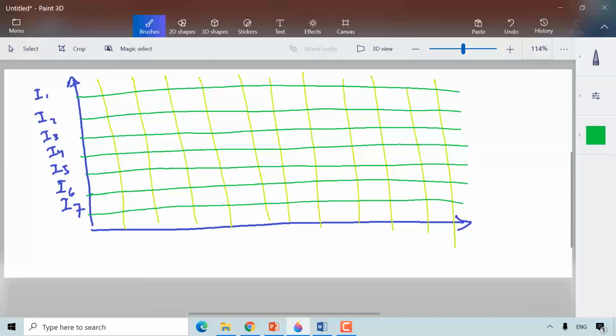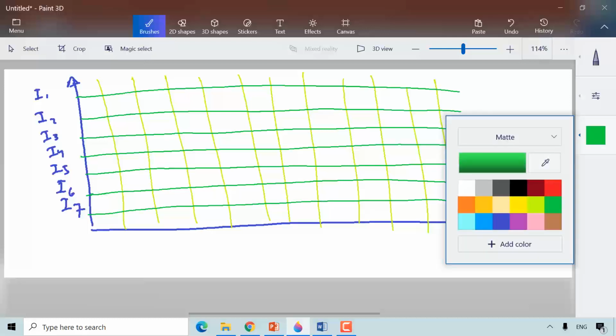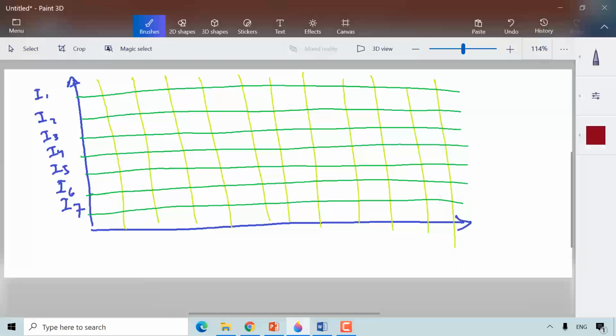Okay, now let's check the first instruction. So this is cycle 1, cycle 2, cycle 3 in terms of cycles, 4, 5, 6, 7, 8, 9, 10, 11. Okay, now let's say in the very first cycle, I'm going to fetch the instruction, and it will be processed in the first stage,